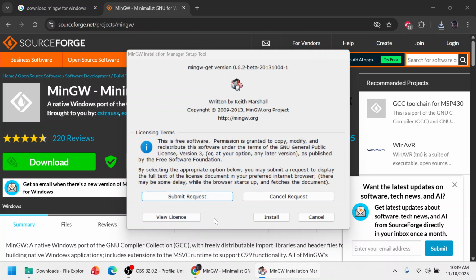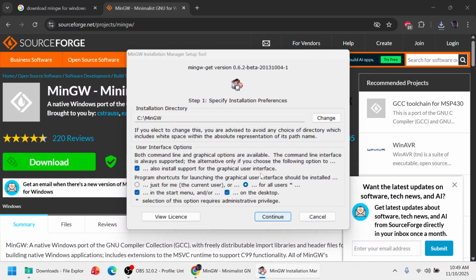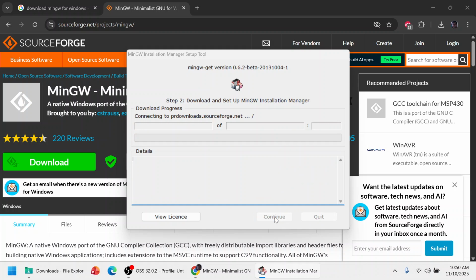This will be installed in the C drive, and a folder named MinGW will be created. Click on Continue, and it is connecting to